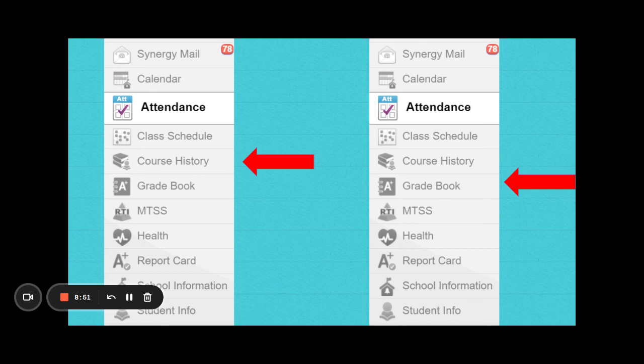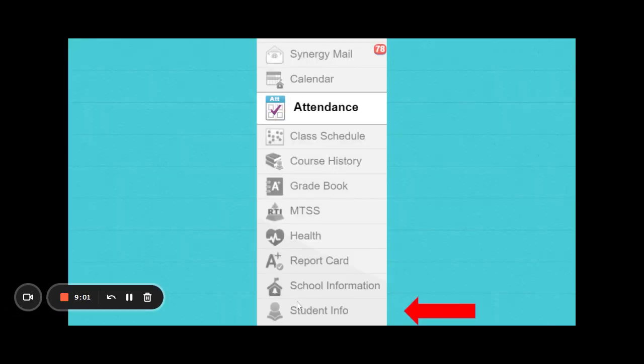All right, next under course history is gradebook. This is where you can check your grades. Then I'm going to skip several. Go to student information. This is actually where you can find your lunch balance, bus information, and counselor, in case you need to ever check those things. And then this won't appear on the screen, but at the very bottom of that menu, it says documents. If you go ahead and click on that,